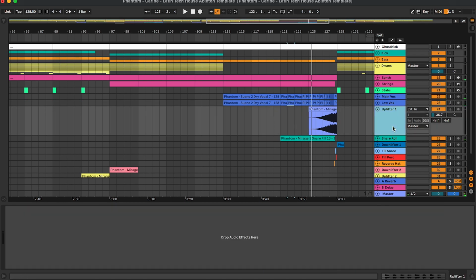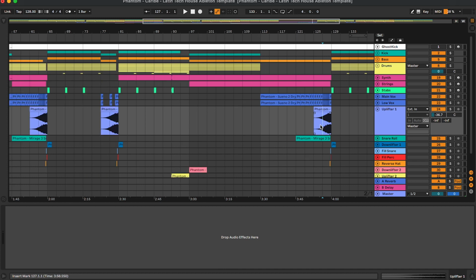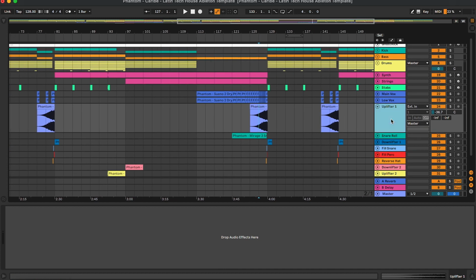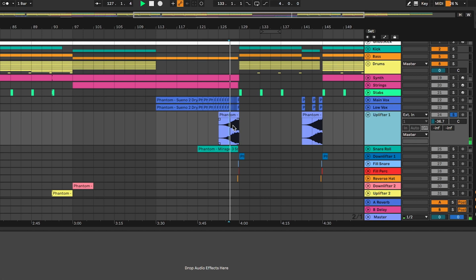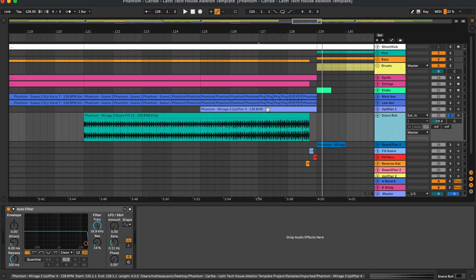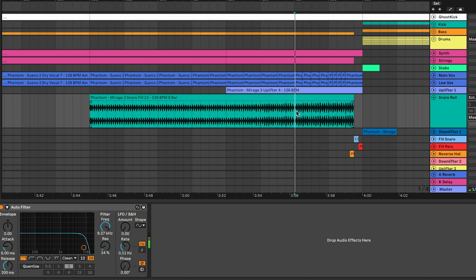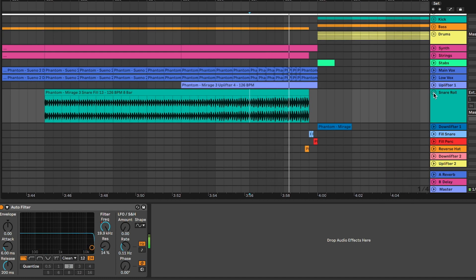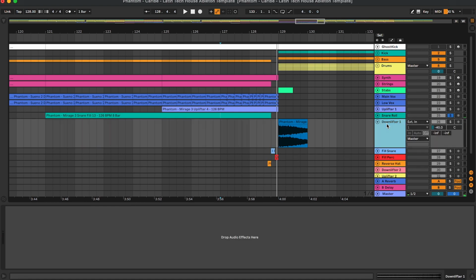So yeah, basically we are adding a bit more body to the vocal. And coming down to the effects section, we have this uplifter, the snare roll, really basic downlifter,